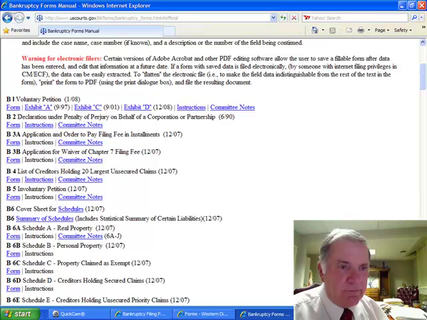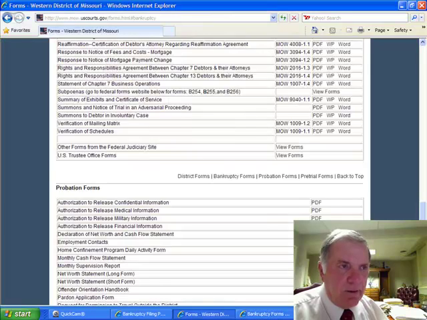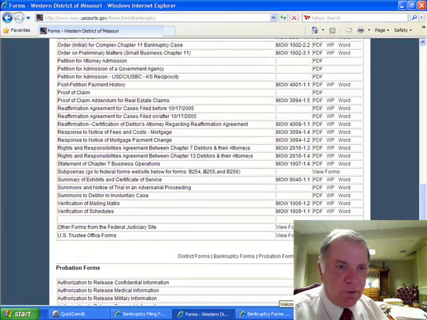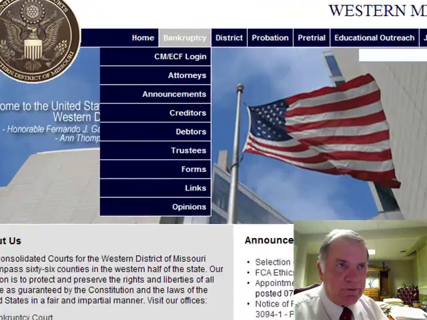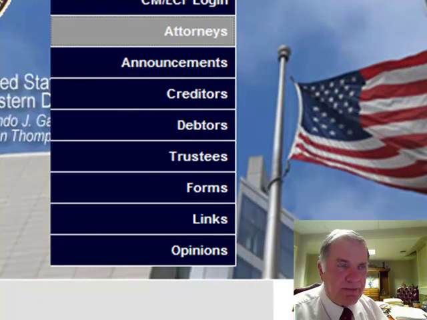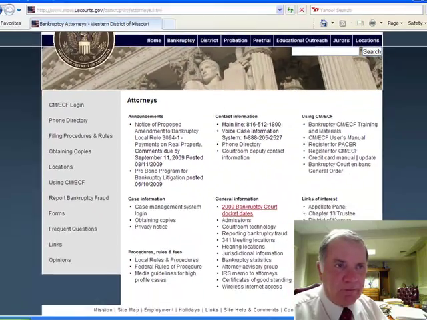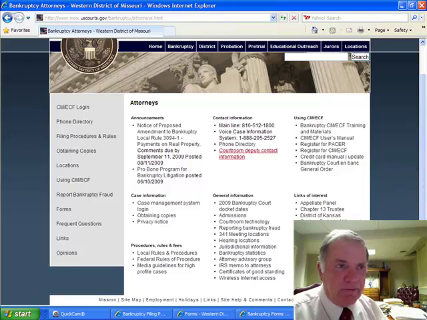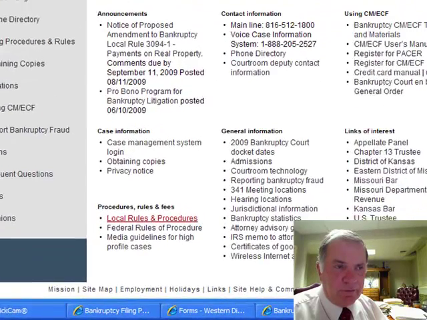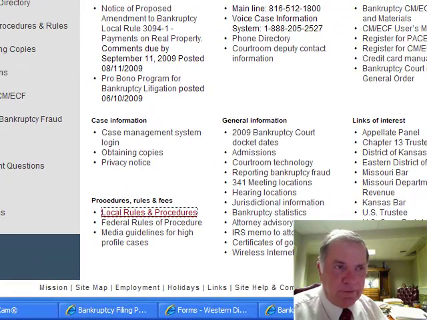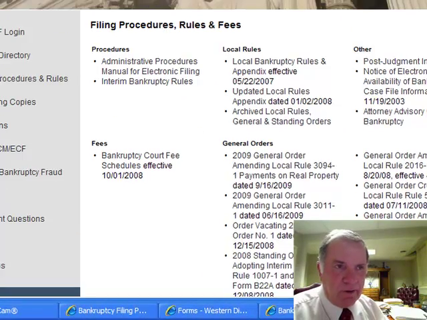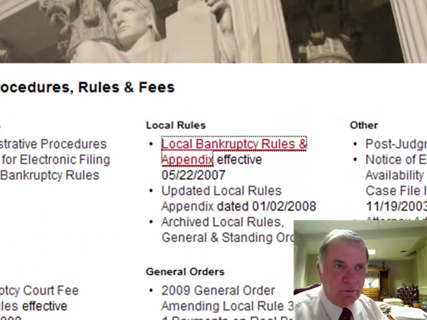Now, if you go to that attorney tab on the local Western District Court form, what you'll see is your local rules. I just wanted to show you because I think you should be familiar with where these rules come from. Here are your dockets and docket dates and all of that business. But over here on the left, you'll see local rules and procedures. And those are the rules that you and I are bound by as we go through your bankruptcy. So I'll click again on local rules, and here we go, is what I wanted to show you.